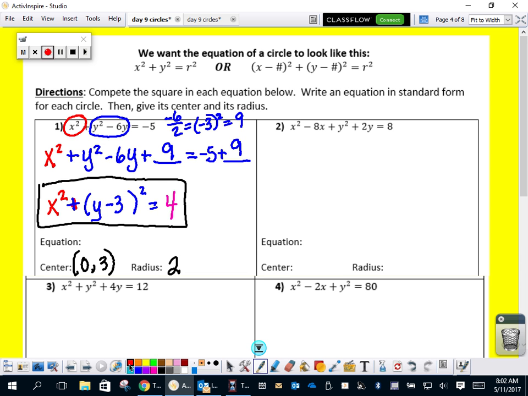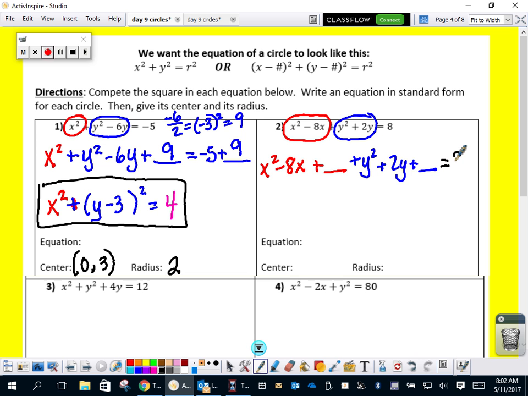Going on to number 2, I circle all my x's together, so we're going to have to complete that. And then we're also going to have to complete the y, because the x squared is not by itself, and the y squared is not by itself. Okay? So I would start with x squared minus 8x plus something. And then when I complete the y, you're going to have y squared plus 2y plus something